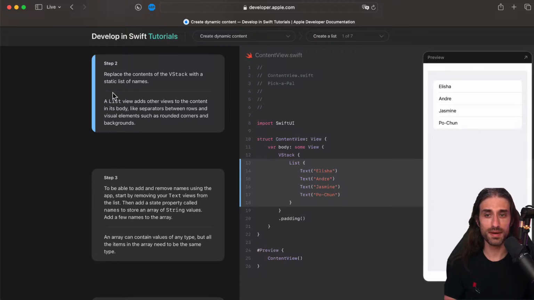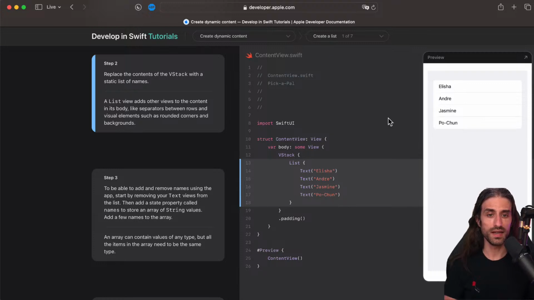So they say that we should replace the content of the VStack with a static list of names. And a list view adds other views to the content in its body, like separators between rows and visual elements, such as rounded corners and backgrounds. So it's very important what they're saying here, that the list adds, and you can see it here, and you will see it again when I paste the code.